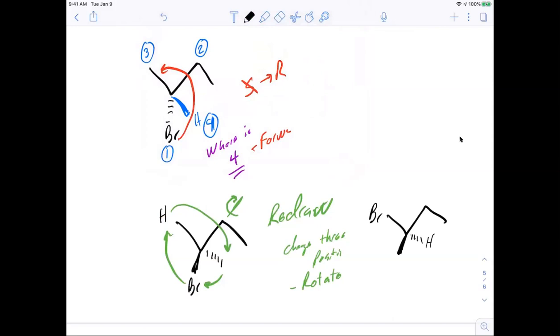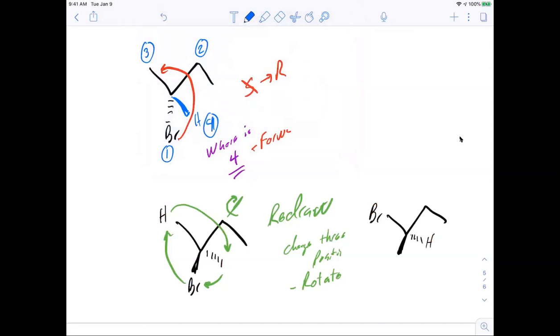Okay? So double check, okay? The methyl was back, the methyl is now forward. The bromine was forward, now it is in the plane. My hydrogen was in the plane, it is now behind, okay? This is a correctly redrawn molecule. Now I can go in and do my